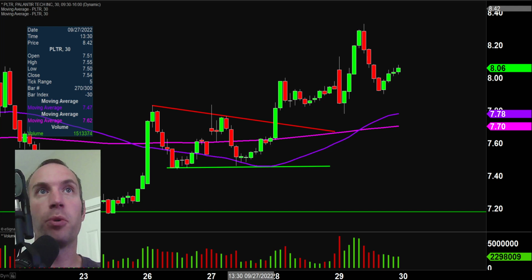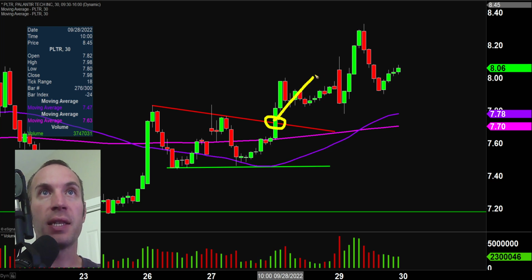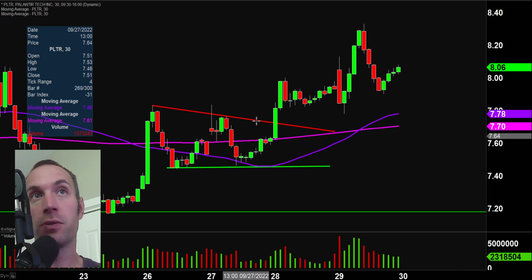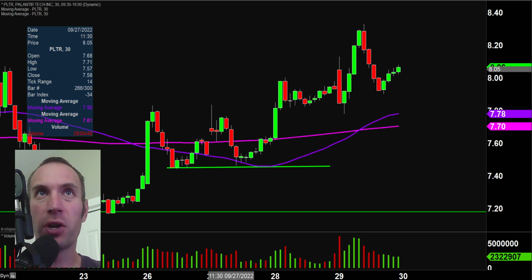Next one here, ticker symbol PLTR. Did this one a couple days ago, drew that pattern. You can see got the breakout of the pattern there and has now made a very, very nice move since that. Now, granted, there was a little bit of a bigger pullback here, but overall, bigger picture wise, and this is why the chart's kind of hard to talk about because